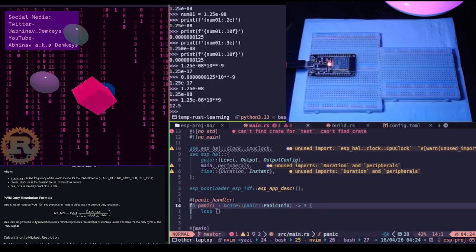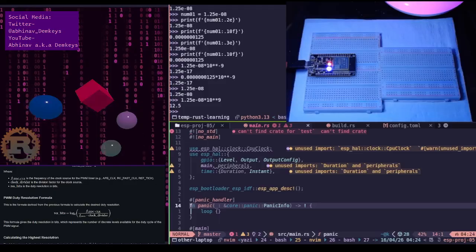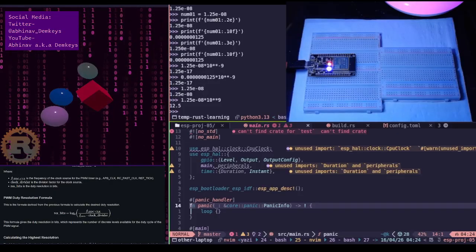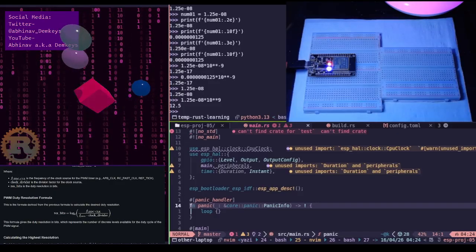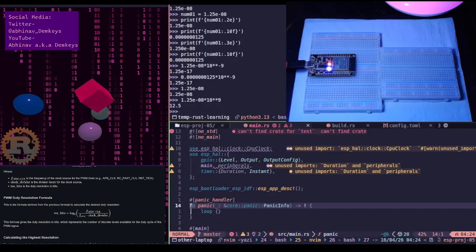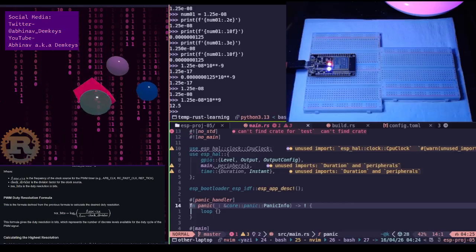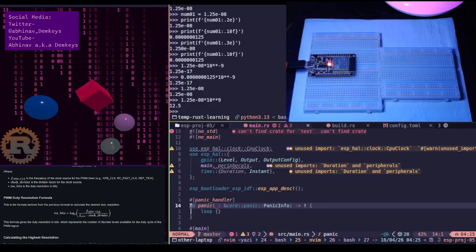So, like putting together resistors, capacitors, LEDs, timer ICs, transistors. Did I mention capacitors? I don't remember. Diodes and whatever other such discrete components are there, putting them together to create a working circuit